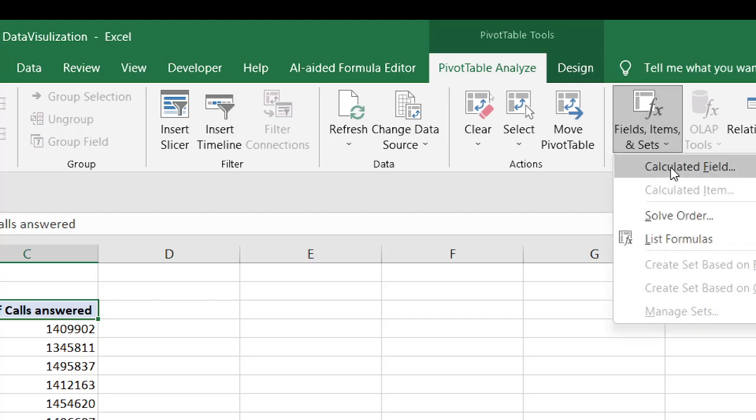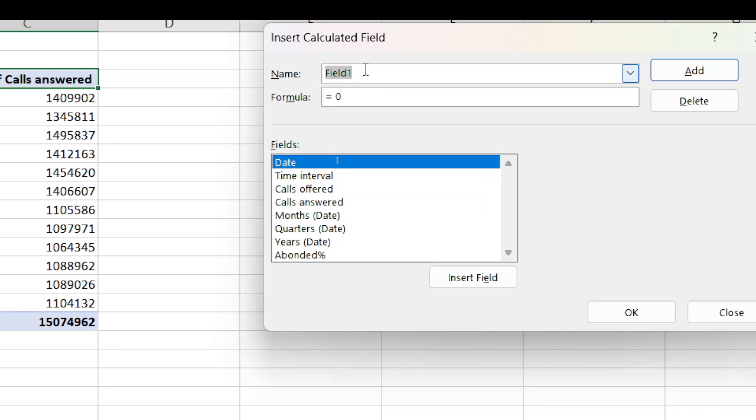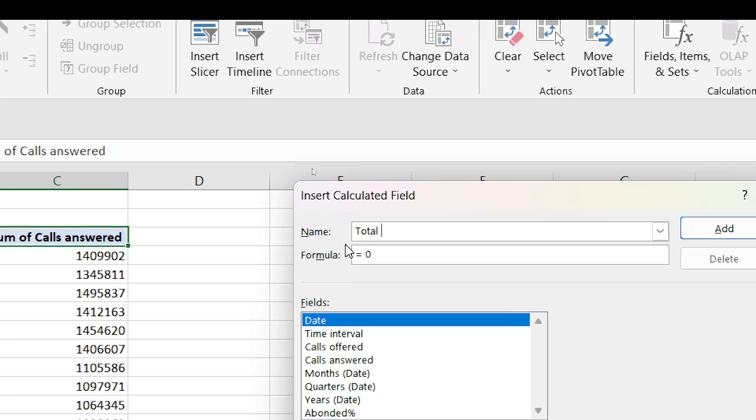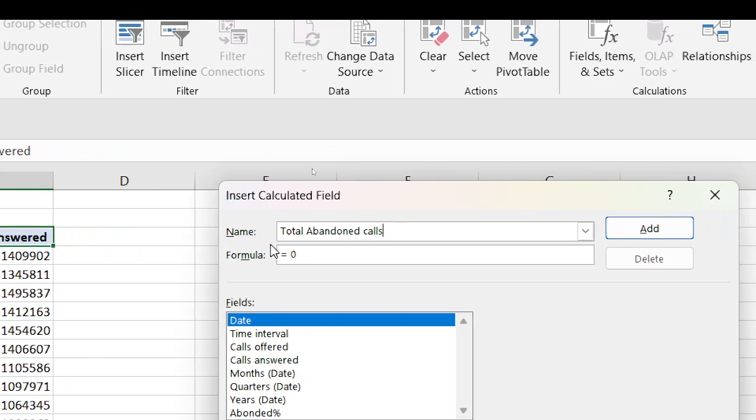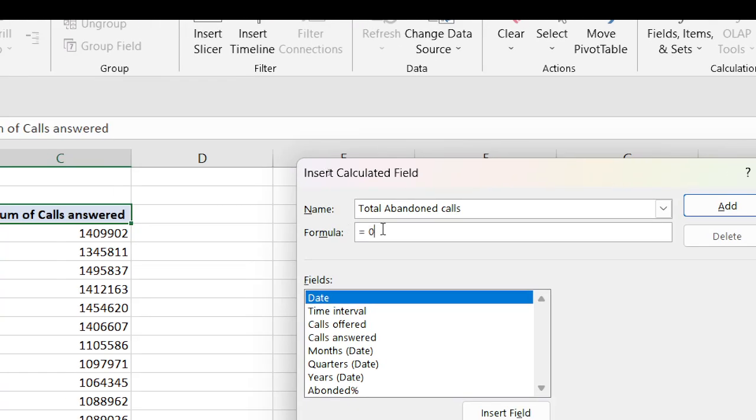Calculated field. Here you get field name. Let me mention it as total abandoned calls, and is equal to,